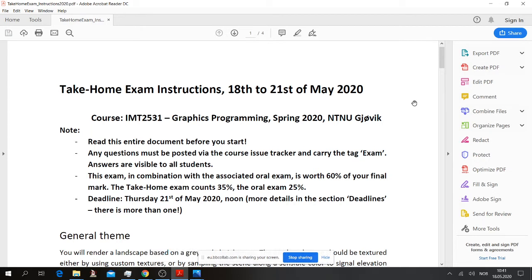It looks quite big, but there should be enough in here for, I think, most people to pass this. And I also think that some of you should be able to climb quite high up in grades on this one. But it's really open and there is a lot of things in here, and it's not meant that everyone should solve every possible thing we ask for in here. But I'll explain how to go about it.